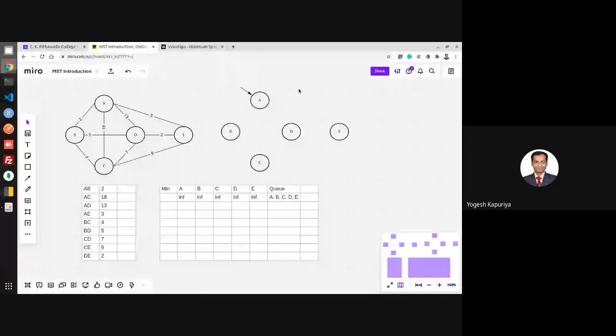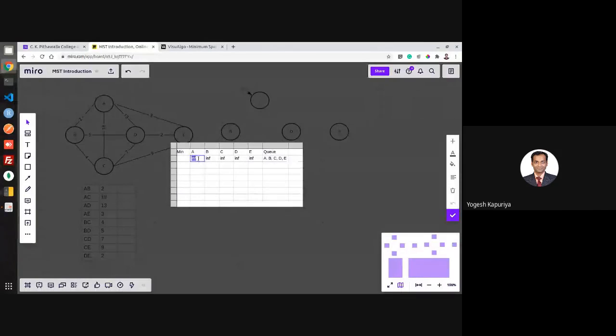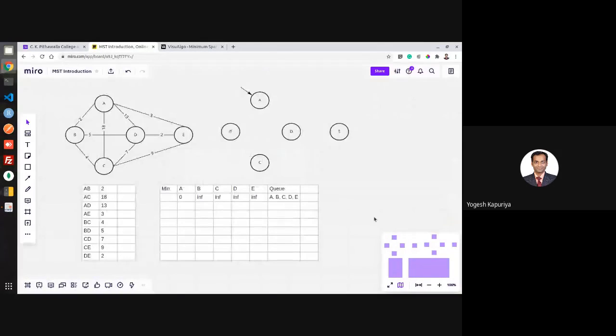So let us say A is my source vertex. A source vertex means a vertex from which you will start finding your minimum spanning tree. So this was the initial setup. Because A is the source vertex, you will change its key value to 0.